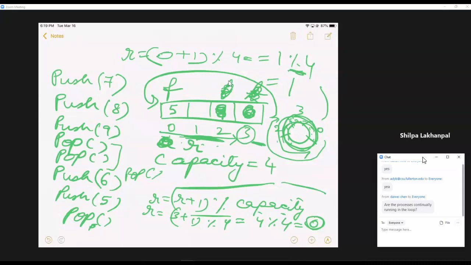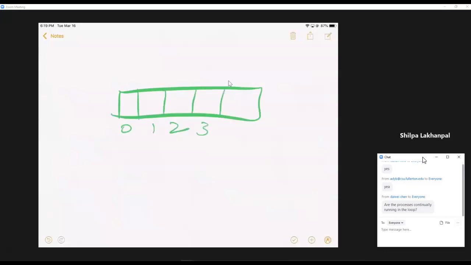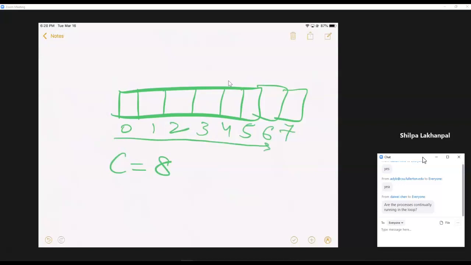Because they will always be smaller than the capacity. So irrespective of the capacity, even if the capacity is 8, as long as we are going from 0 to 6, even when R was 0, this is the formula.